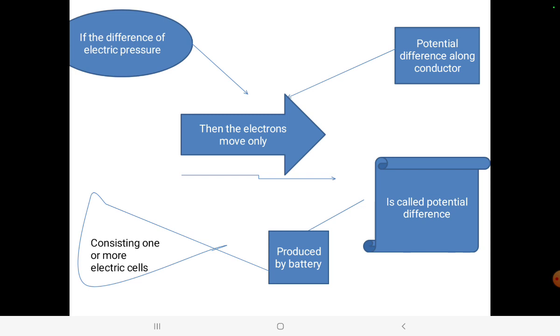So the potential difference along the conductor means there are two electrons